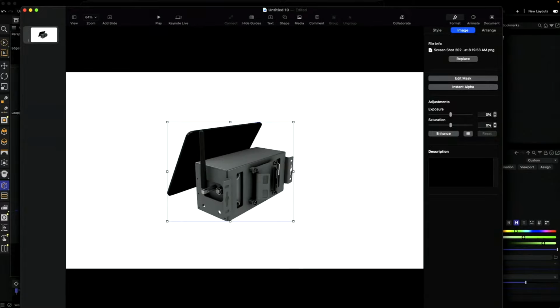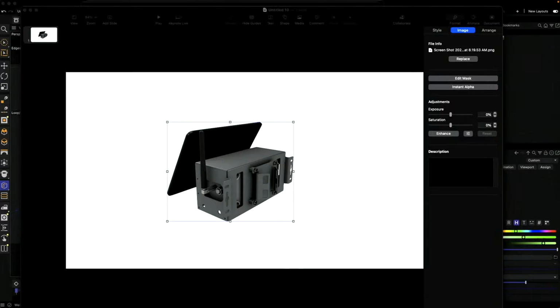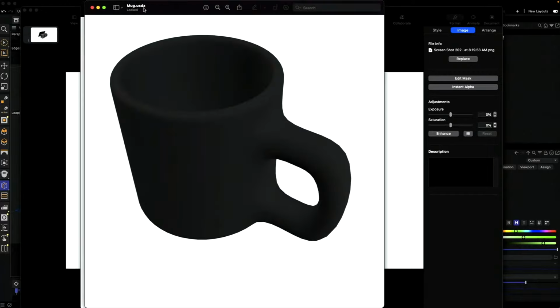But one of the things that we can kind of feel we are very close to being able to do, and if I want to do the mug, obviously the mug would be the same type of thing. Here's the mug. Right now there is no good way to do this. This is a very rough thing, but I built that very fast. And that's why I think that people may want to think about